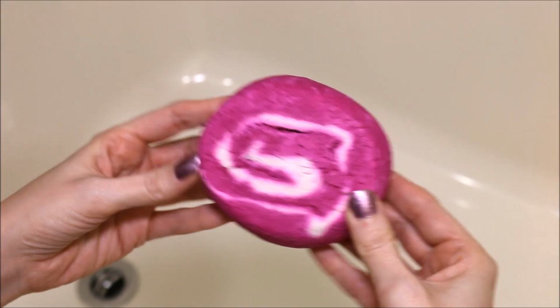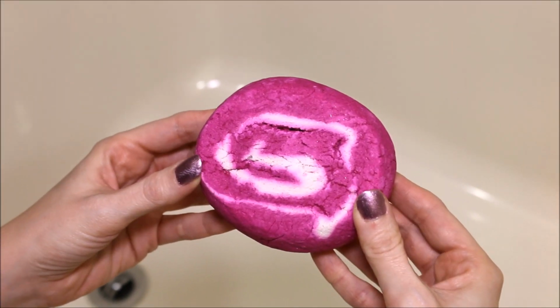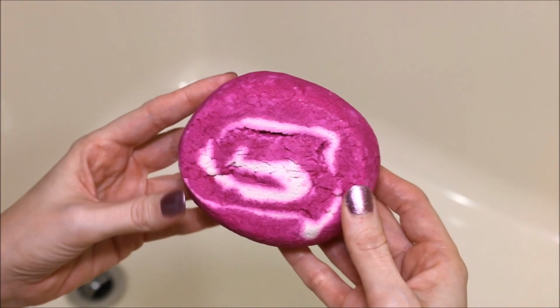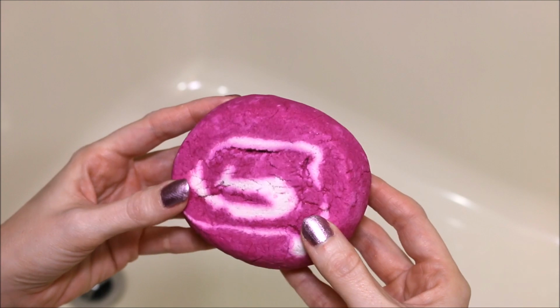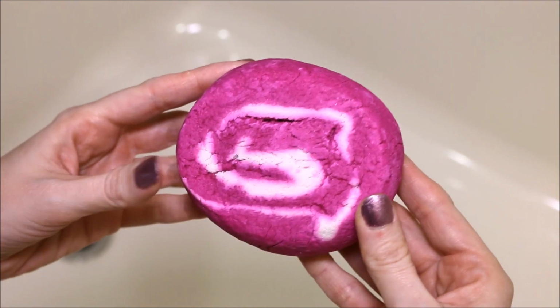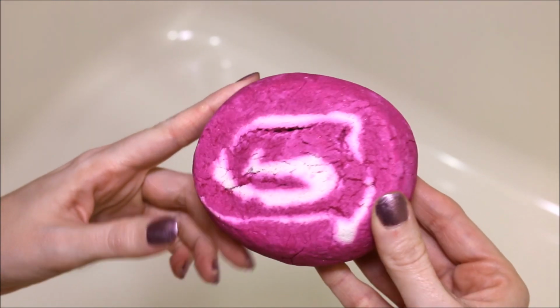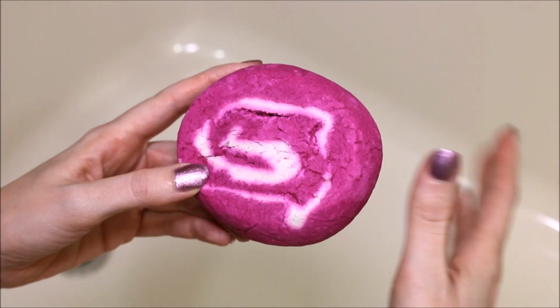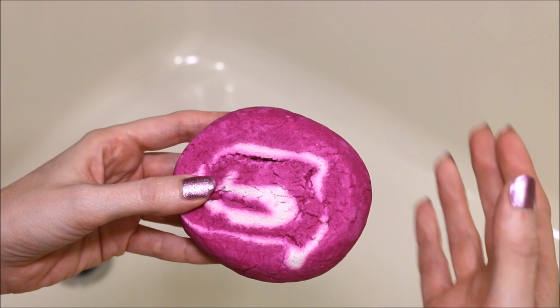Everyone, today I'm doing a much requested bubble bar tips video. I'm going to be using the Comforter bubble bar, not only because it's my favorite bubble bar, but it is also one of Lush's biggest bubble bars. Now I already did a demo of this, so this video is just going to be all about the bubble